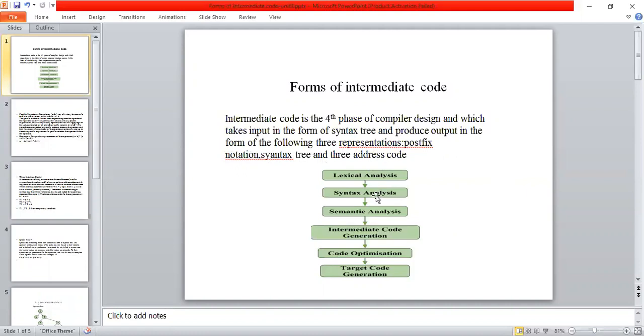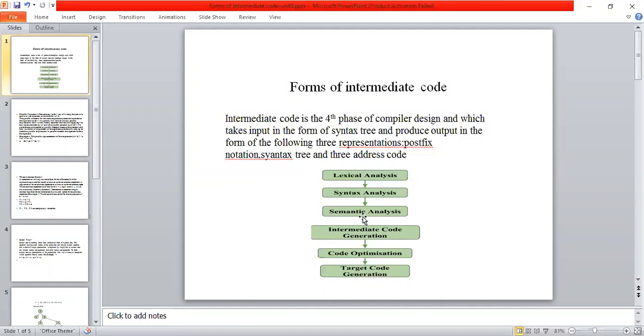So these are the phases of compiler design. In this compiler design, I have the following phases: phase 1, phase 2, phase 3, phase 4, phase 5. This fourth phase is nothing but intermediate code, which takes input from the semantic analysis. So the input of intermediate code is the output of semantic analysis, which is a syntax tree.